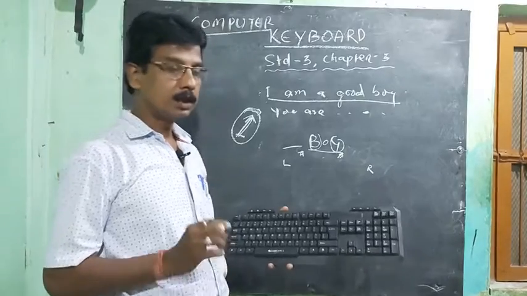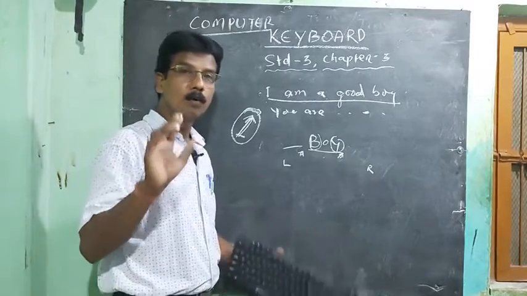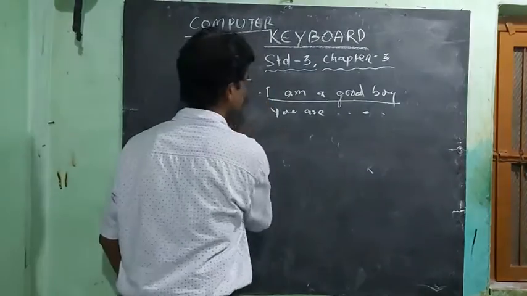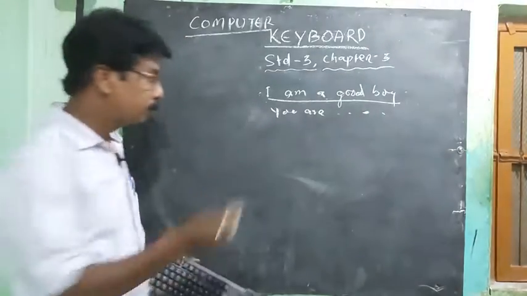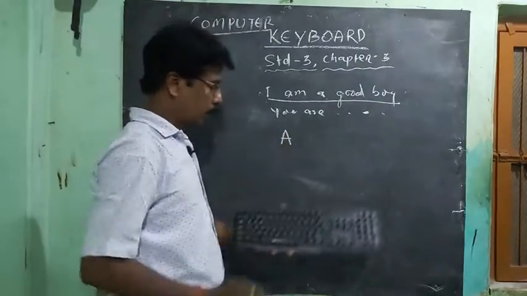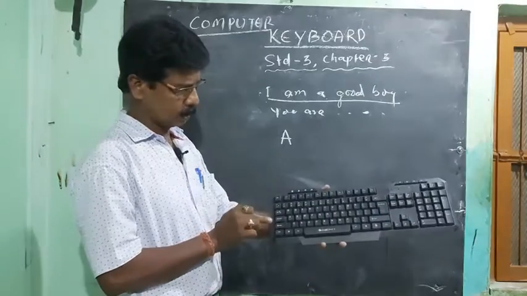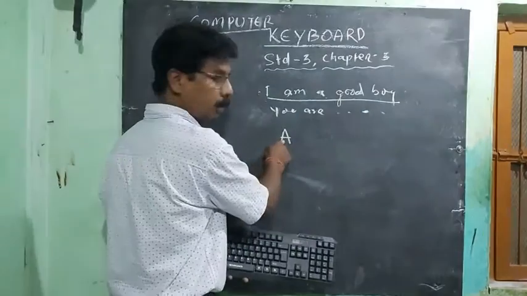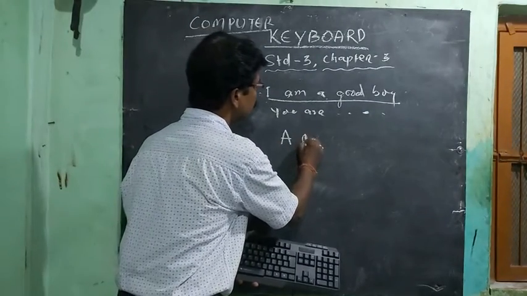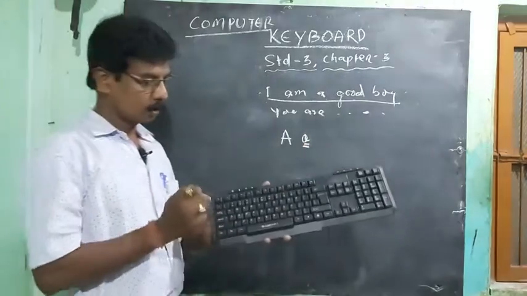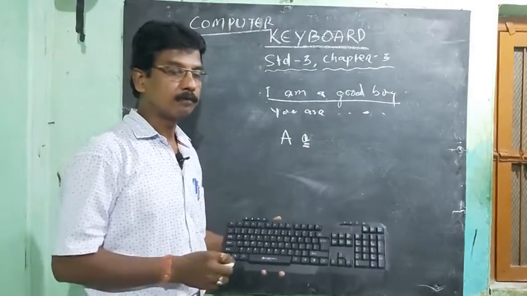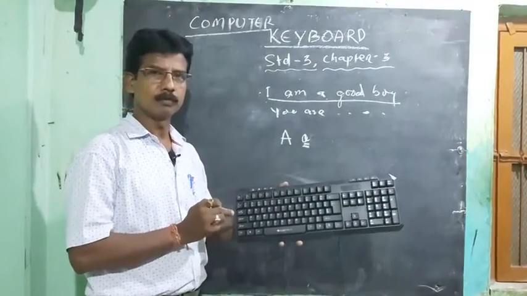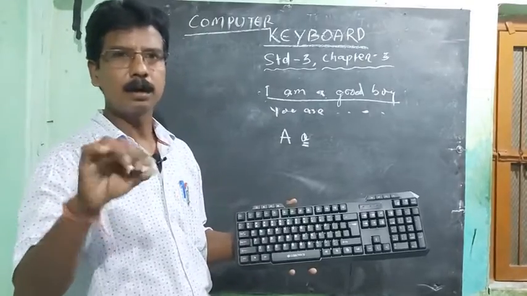And the shift key. You use the shift key only to change the letter, meaning capital to small. For example, capital letter A: when you press the shift key, here is the shift key, look here, your letter A changes into small letter A. That is its use. Then the caps lock key. It has the same use, to change the letters only.